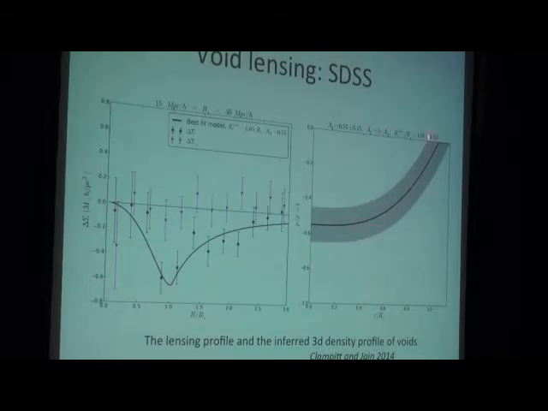The lensing prediction for this profile is this curve, and it peaks at close to this distance, which is the size of a void, in this case a 25 megaparsec void. This is a measurement of a stack of order 10,000 voids of 25 megaparsecs radius,